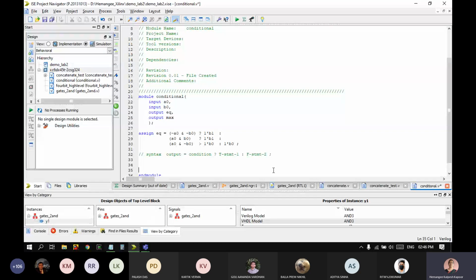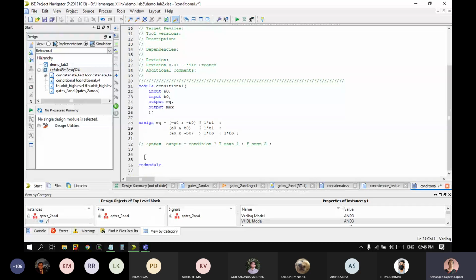Okay. And we'll just do quickly the other one. I have max also to be done. Assign max equal to, I'm just checking if A0 is greater than B0. If A0 bit is greater than B0, question mark, output is A0, otherwise output is B0. Here it's just being binary, your output is always going to be 1. It's not identifying the variable which is high, it is giving out the value which is higher. So always the value of 1 will be seen in the output max.